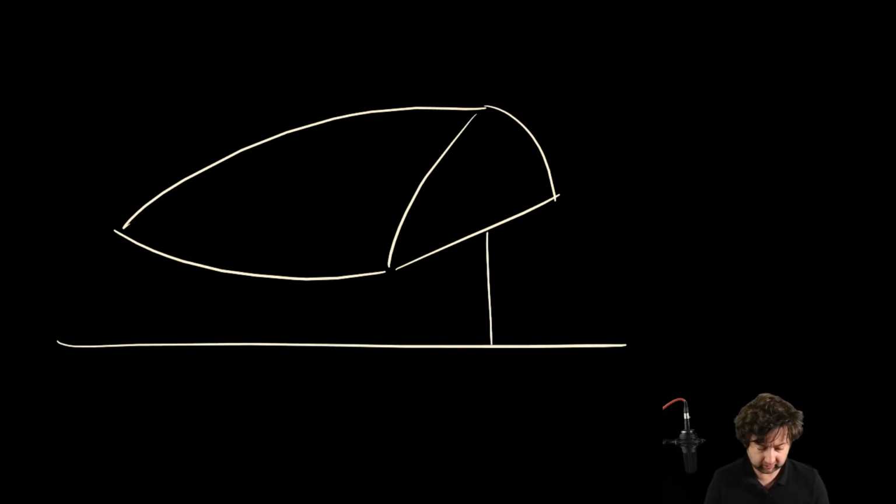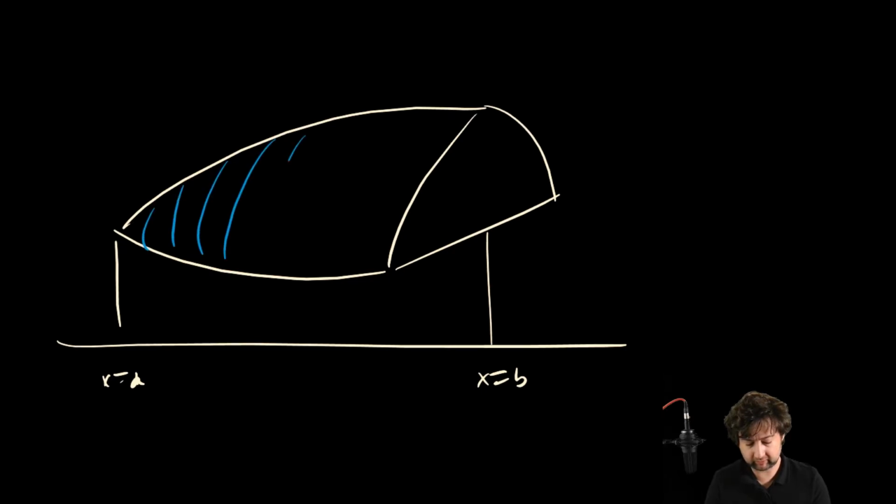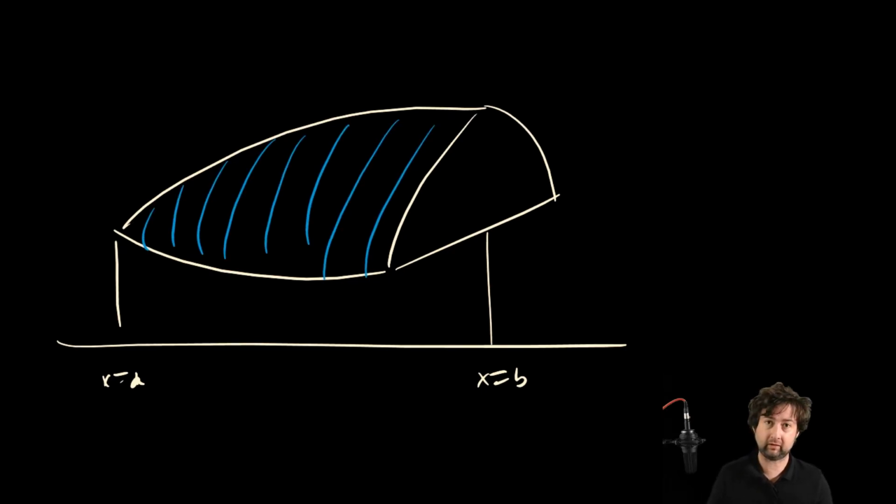And you can imagine now that instead of cutting it up with just one slice, I slice it in many places. So I'm going to take this loaf of bread, I'm going to cut it into slices, and I'm going to try to compute the volume of each slice. Well, I know what the formula for that is. This slice right here, which we could think of as being the ith slice,